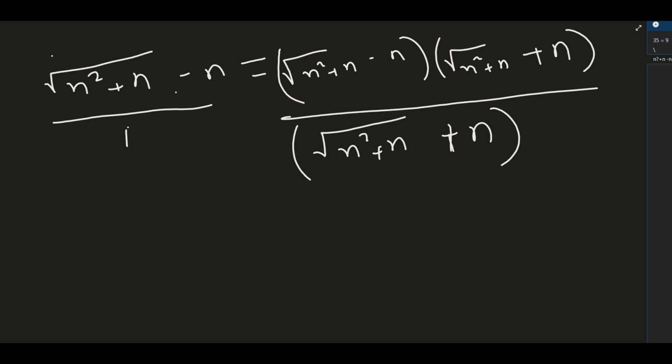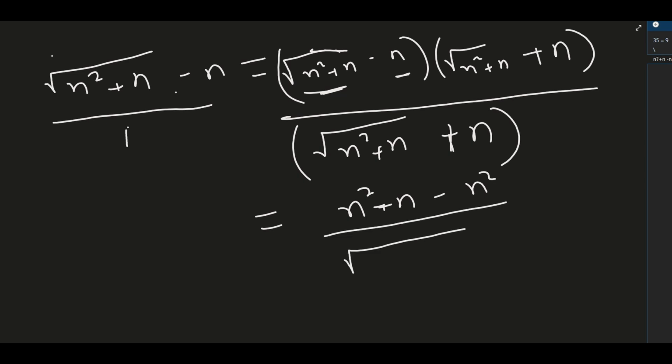I said you multiply the numerator and the denominator by the conjugate. Now, what you come to realize is that the expression you see at the numerator is just a difference of two squares. So it's like you have a plus b times a minus b. So you can just square this one and subtract the square of this one. So you get square root of n squared plus n, if you square only this one, the square will cancel the square there, minus n squared, all over